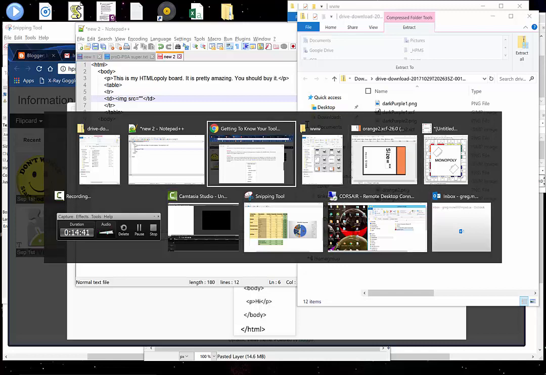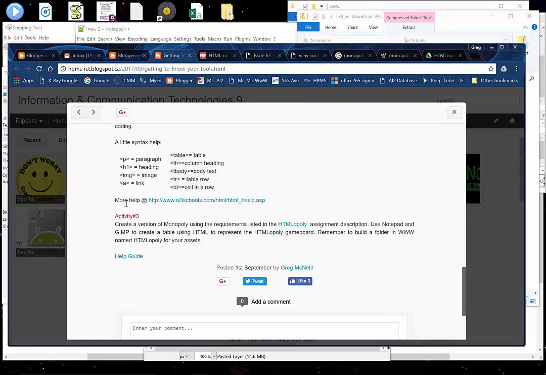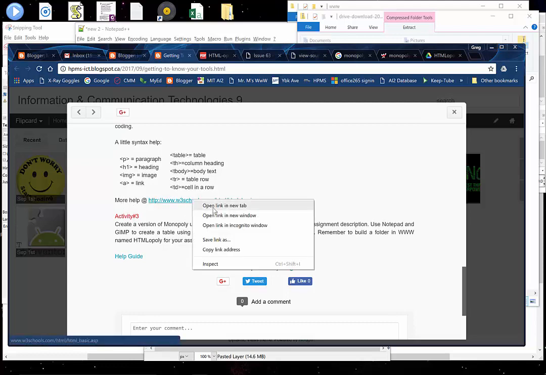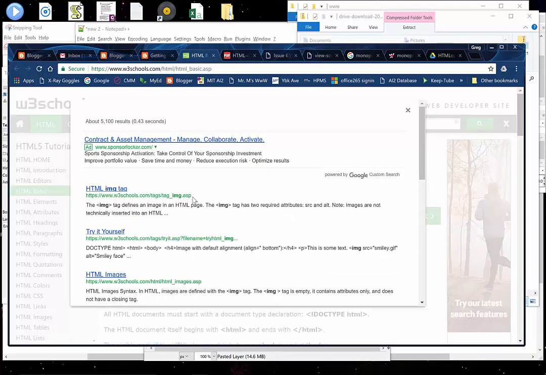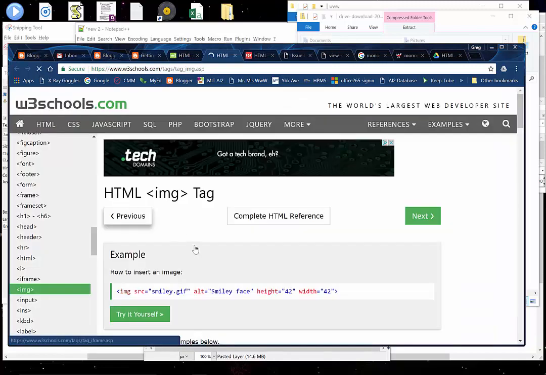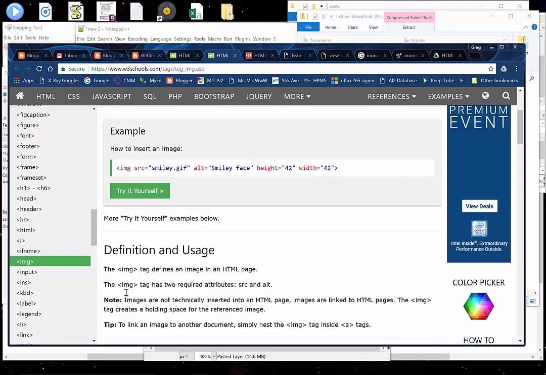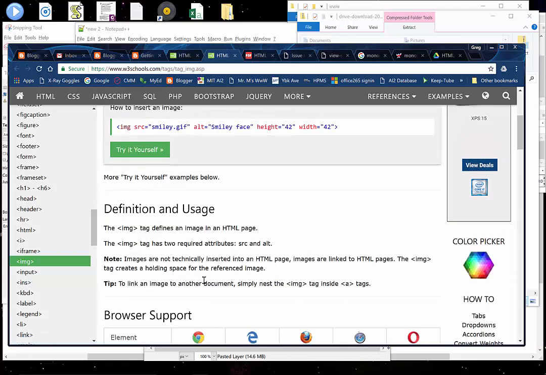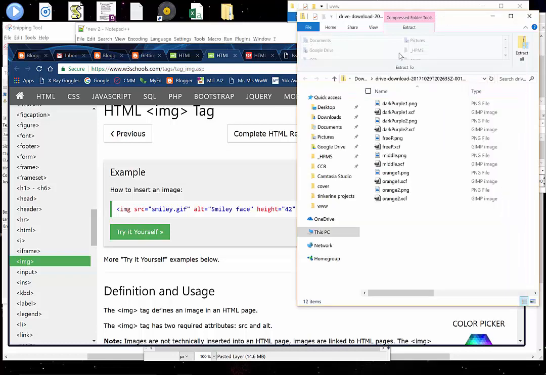Trust me, I'm not smarter than anybody else. I just have a little bit more experience, and I'm going to give you the same experience here. W3 Schools. It has all the tags for HTML, and the one we're working on is image, and here's what it looks like once you fill in all the properties. This is how the properties work. The source is the name of the file. This is case sensitive, so whatever you've named your file in here,